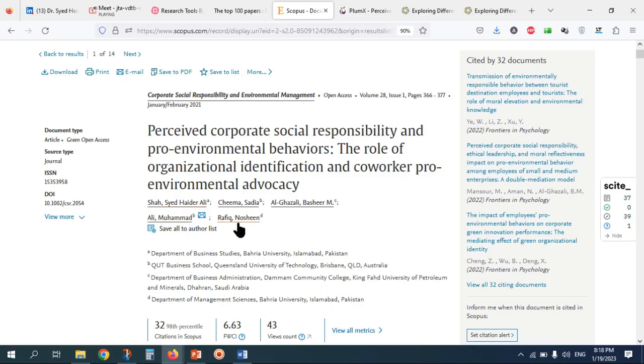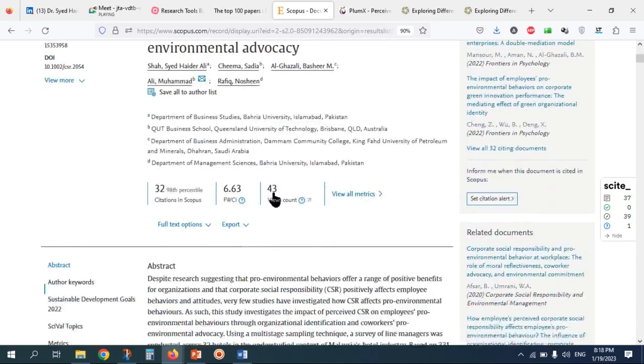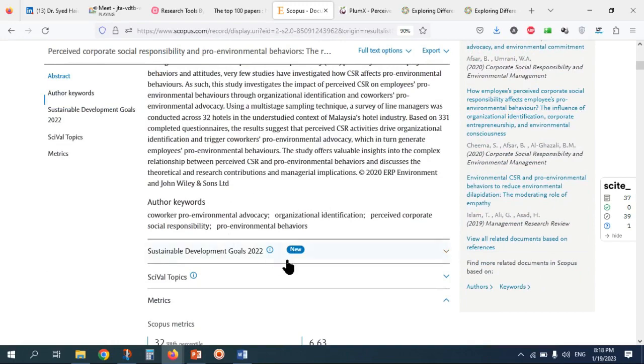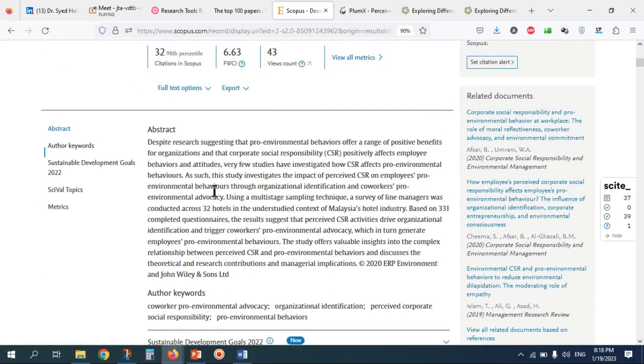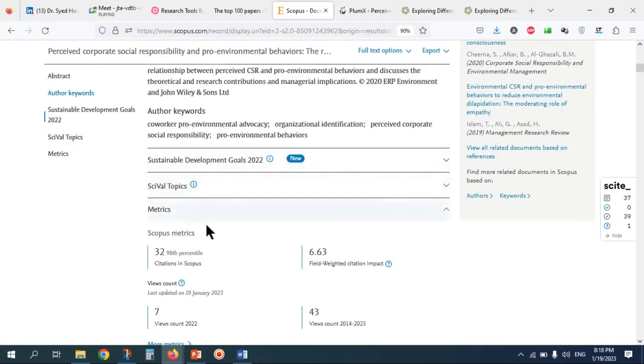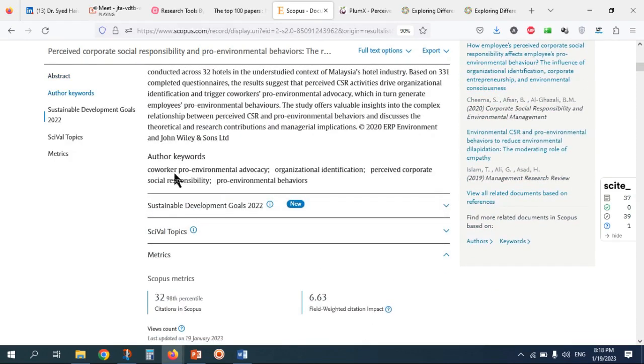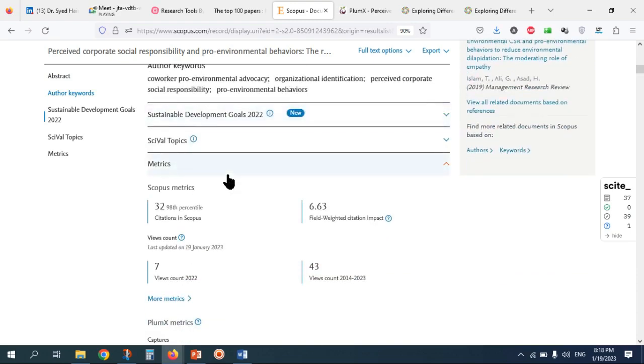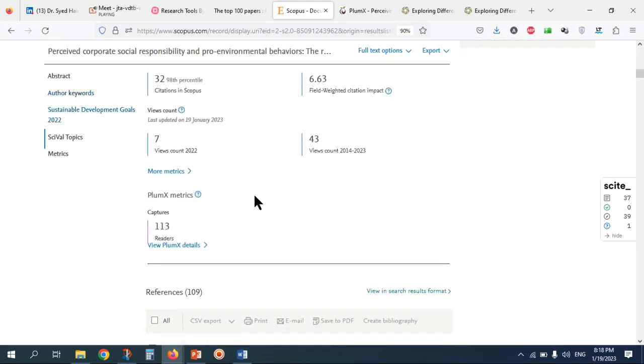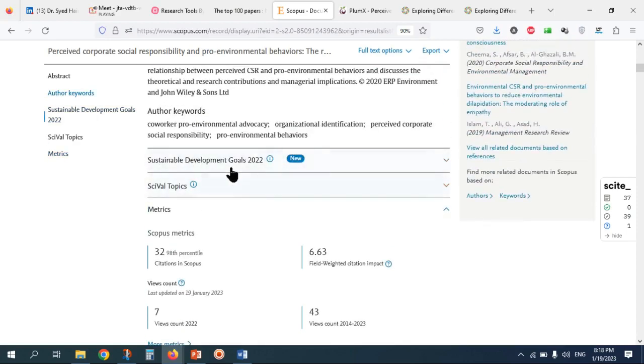Okay, don't worry, later on you can change it. If you browse your paper, you can see different keywords here. This is the keyword suggested by the author, and the keyword may also be suggested by the system, but unfortunately this one doesn't have the system.